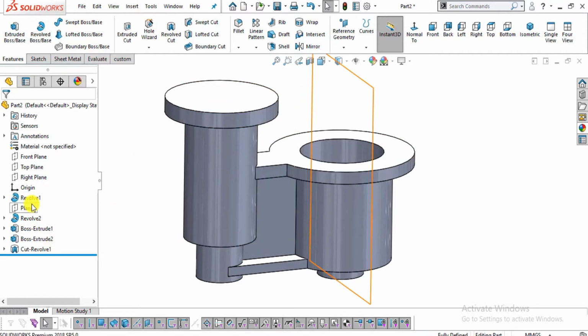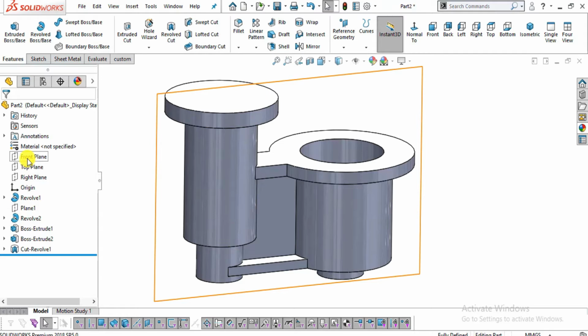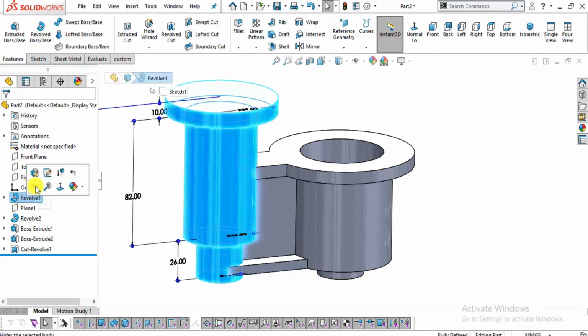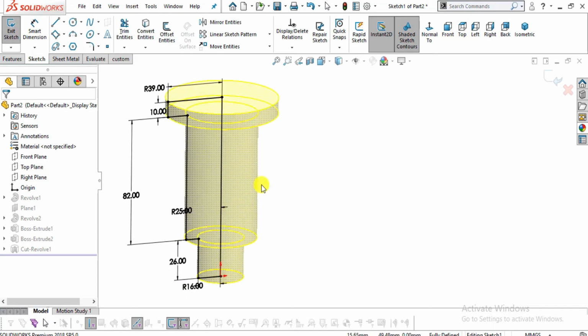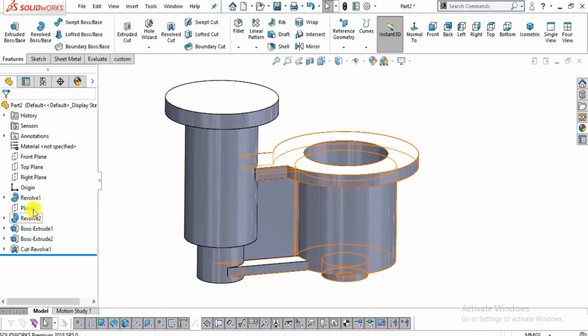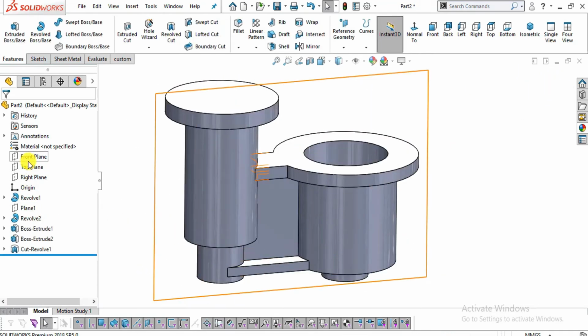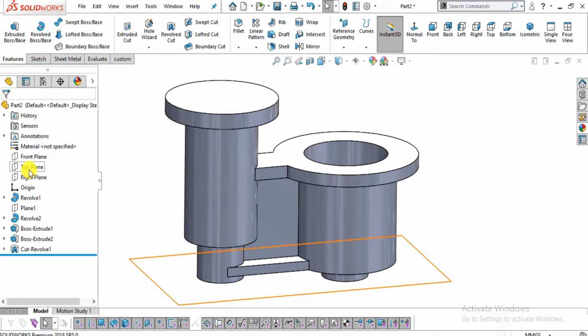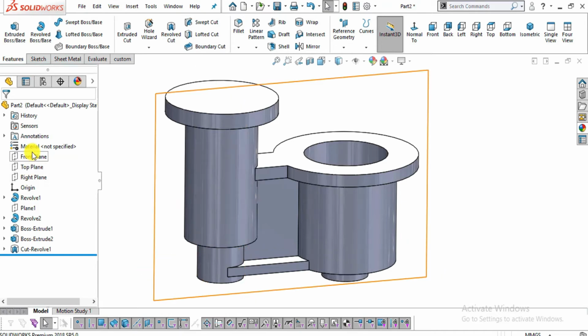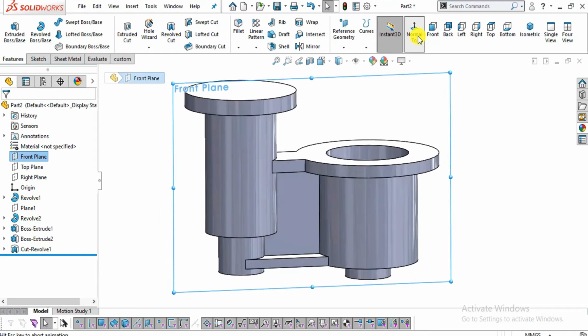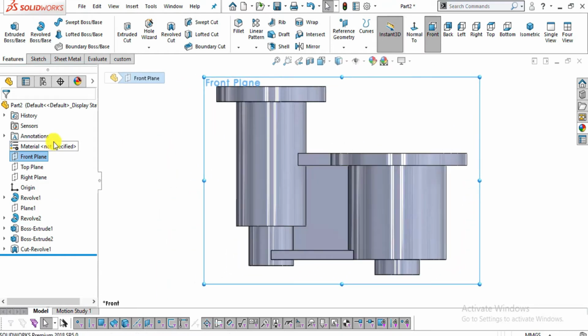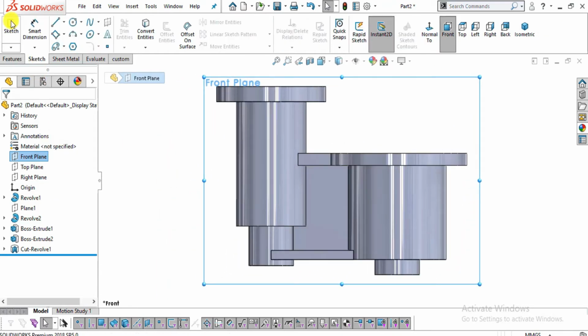For that, let me go to the plane which I worked on. Select this front plane, normal to, and sketch.